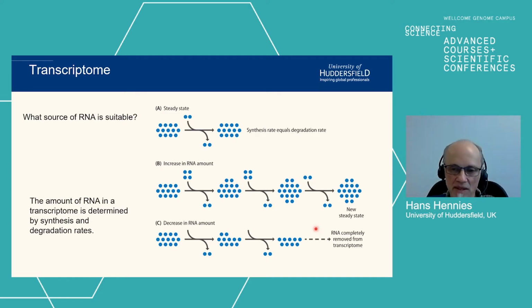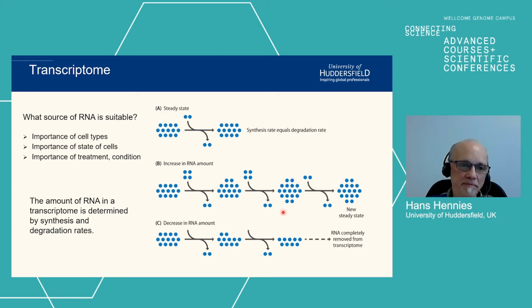So in order to identify these situations, these cellular responses, we have to keep a number of aspects in mind. And this is, of course, the importance of cell types. RNA is specific for a particular cell type, so we would never cover the whole transcriptome if we analyze a particular cell type. We have to keep in mind the state of the cell in a developmental situation in a particular environment. And we have, of course, the condition or the treatment of these cells to keep in mind if